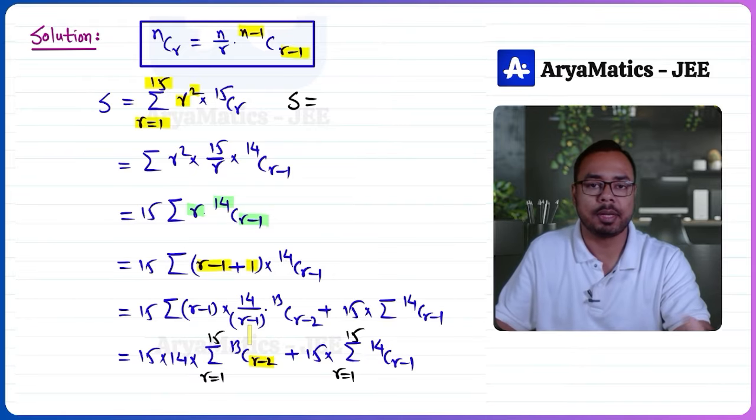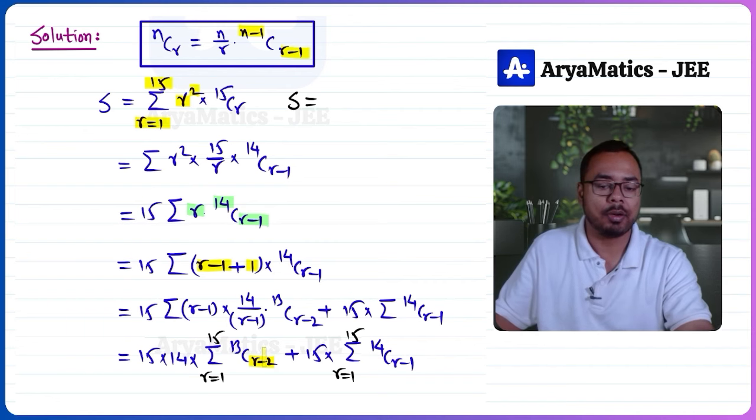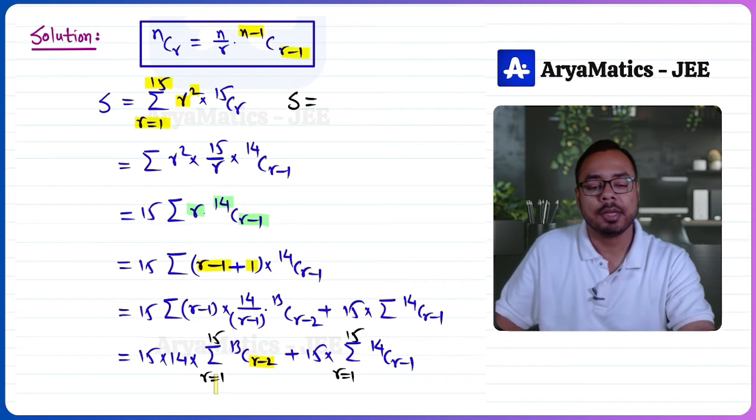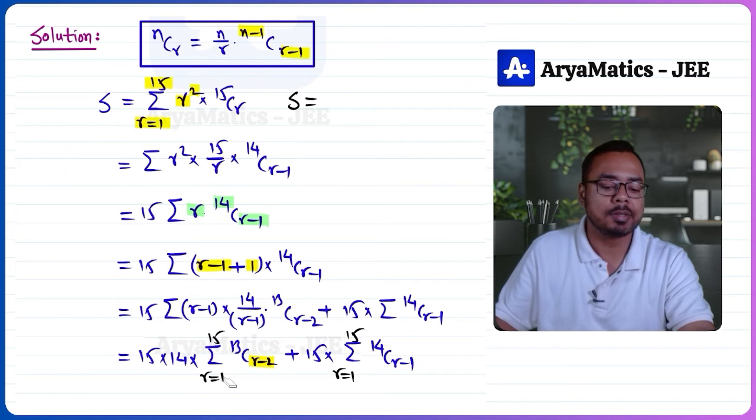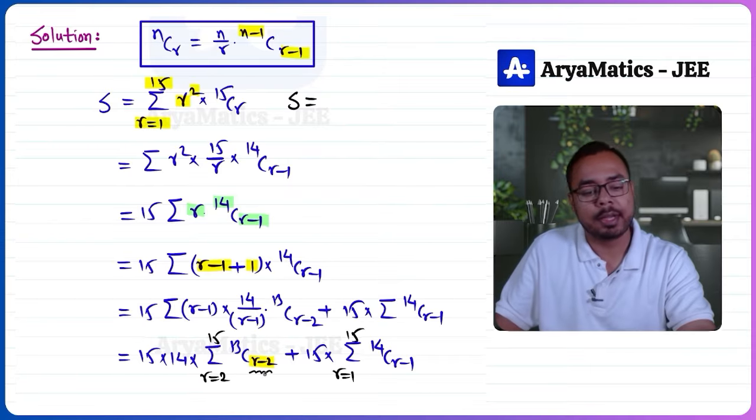nCr is defined only when n and r both are positive integers or 0. It cannot be a negative number or a fraction. So for this one, although the limit is from 1 to 15, at 1 we are not getting anything, so we'll start from 2. Now, if you substitute 2 here, you will get 13C0. If I substitute 3 here, then we'll get 13C1. And this will continue up to